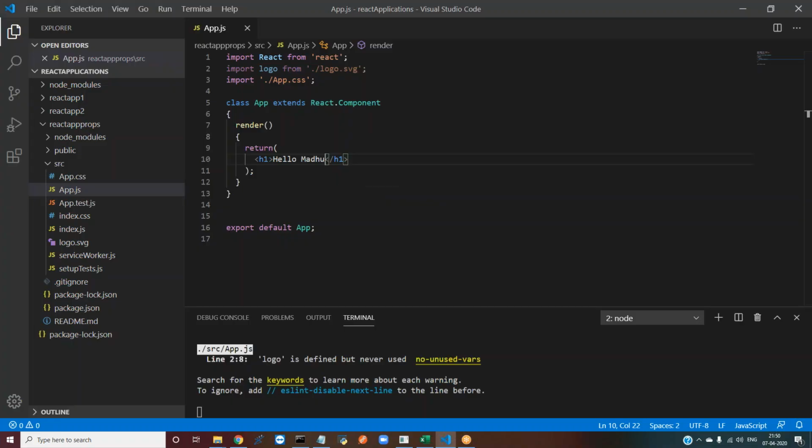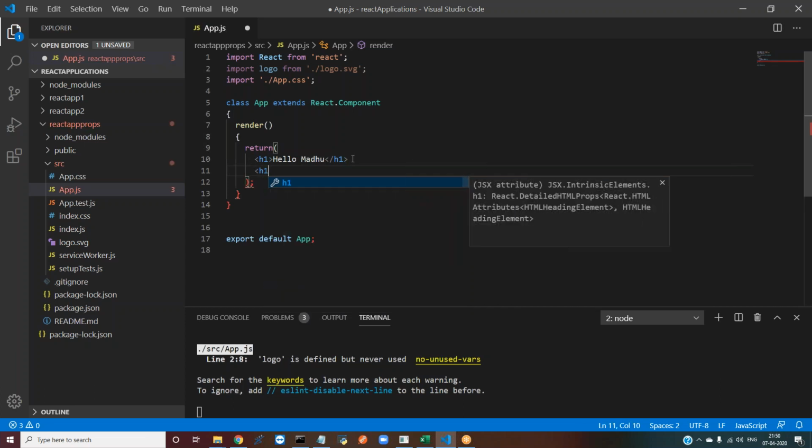Now I am going to explain how to call the props from one source to another. One more thing: if you have multiple values, for example I take one more here, how are you, you get a compile time error. Why? At a time it returns only one thing.